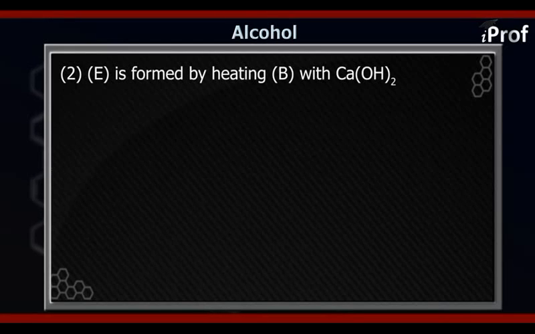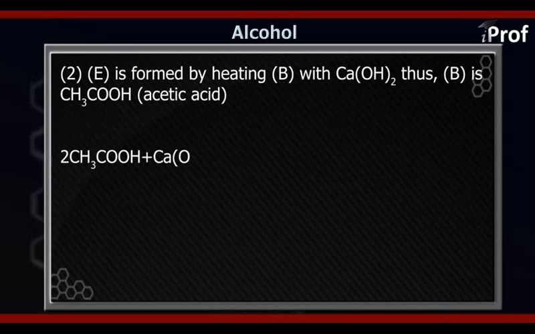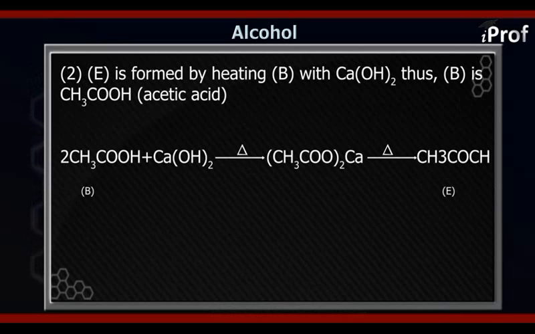On heating with the calcium hydroxide gives E. So first of all you will heat compound B with the calcium hydroxide. When you are heating, that is B, which is also being given that B is a carboxylic acid. So over here the important point I want to make is that we know that B is a carboxylic acid,